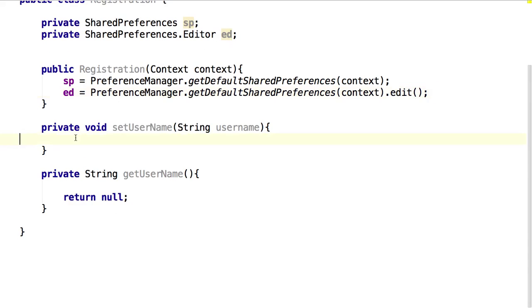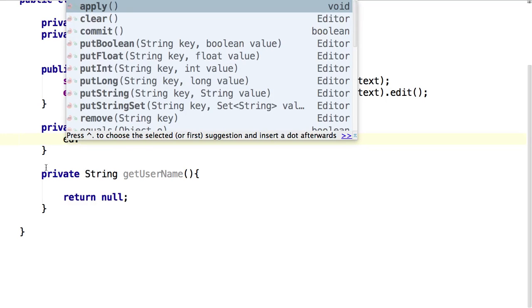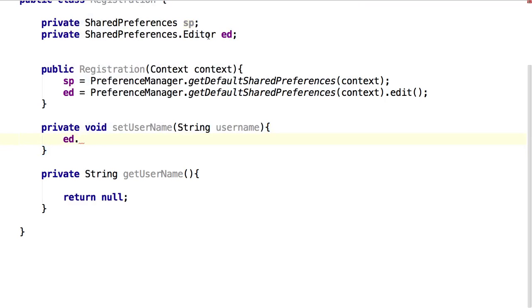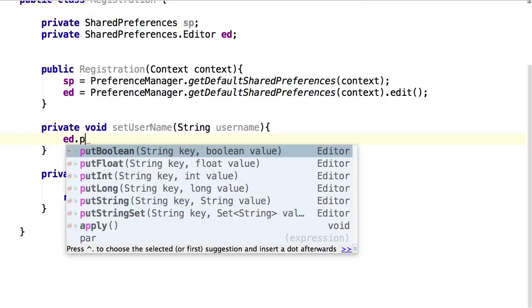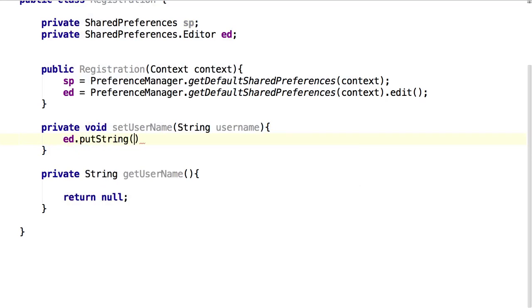So set means saving the data. So edit, because I need to modify, so I'm going to need an instance of editor. Put string. I'm going to need a key and value. Key, I'm going to say,